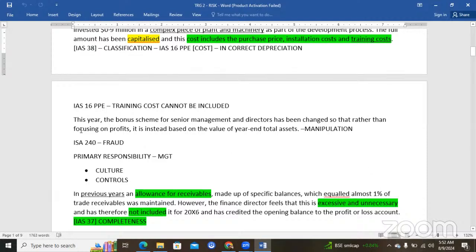So next paragraph, see here, this year the bonus scheme of senior management and directors has changed. So rather than focusing on profit, they are trying to focus on the assets. So actually it comes under manipulation. I could say it's a control risk. So the control environment is weak. That's why they changed from the profit to asset. So when they recognize a bonus based on asset,